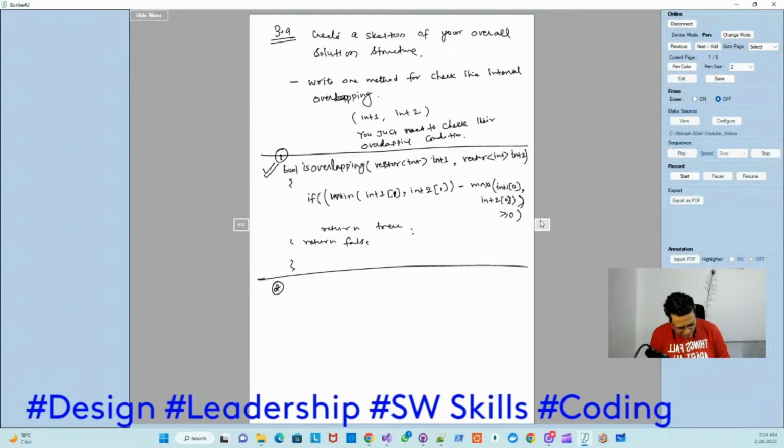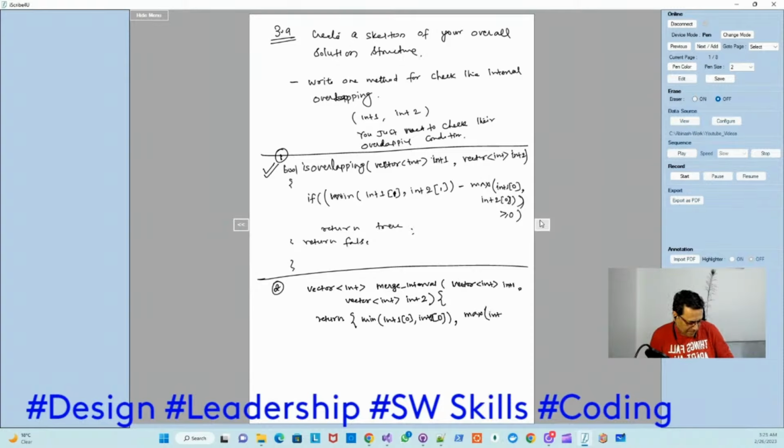So okay, I will return this like vector int, and I will say merge interval, and again I would say my interval 1, interval 2. Okay, so simply return min of int1 of 0 comma int2 of 0, and max of int1 of 1 comma int2 of 1. So if you remember the overlapping condition earlier shown to you, this is what you have